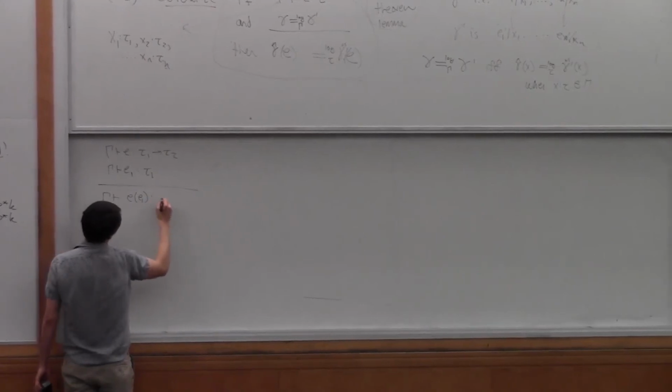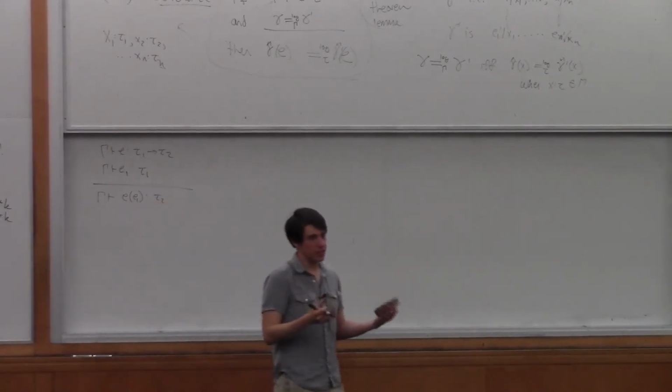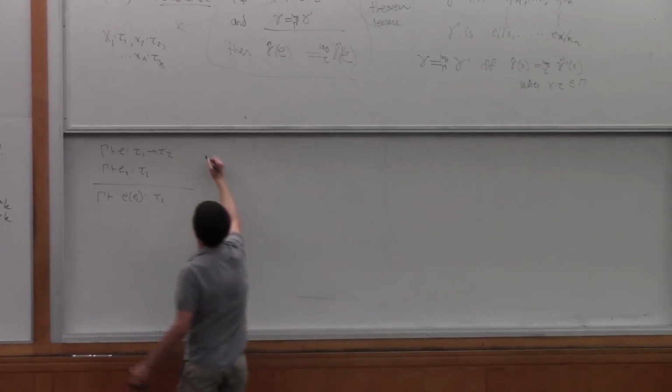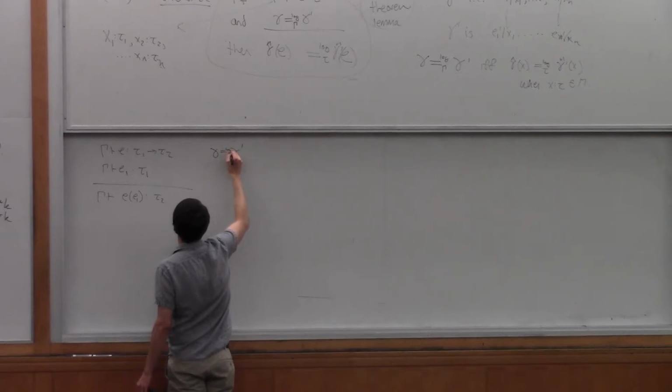Therefore, the function application E of E1 is of type tau 2. Okay, so if that's our typing derivation, and we have that gamma is equal to gamma prime,